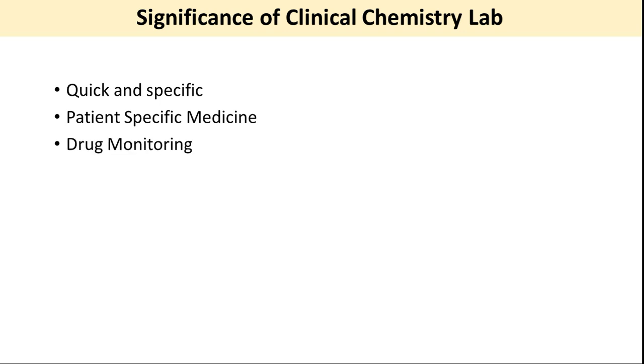Next, the significance of clinical chemistry laboratory is in drug monitoring. Let's say somebody is suffering from a hepatic inflammatory condition. In the beginning, liver parameters are taken like SGOT, SGPT, ALT and several other blood parameters, and then when you start your medication, over a period of time the blood parameters are again evaluated to see whether the drug is working or not.